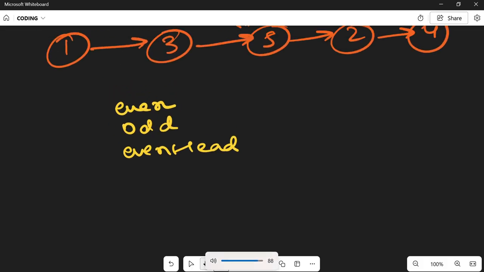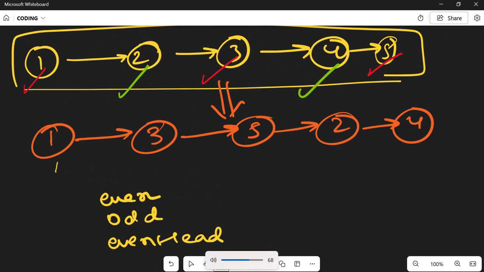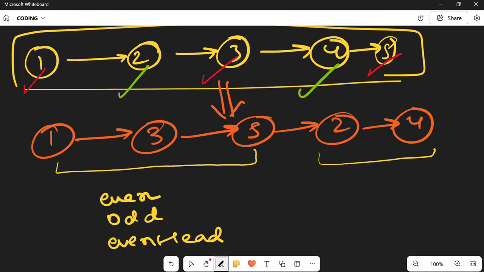Okay, what we will do, we will combine these odd nodes together, and we will do the operations on the even nodes separately, and lastly we will keep track of the first node of the even list by even head,